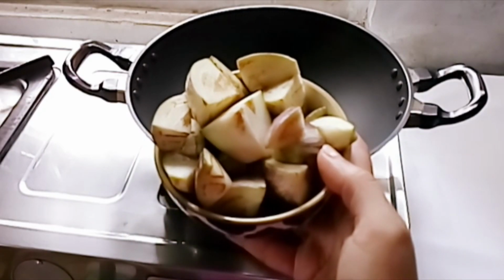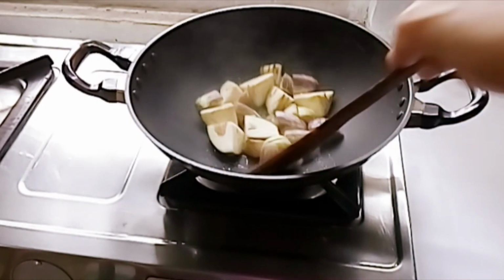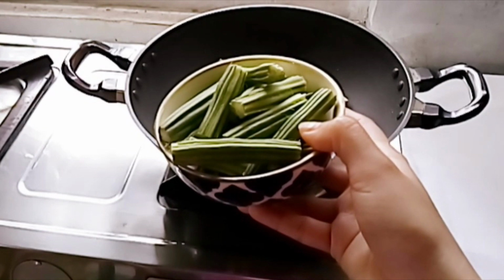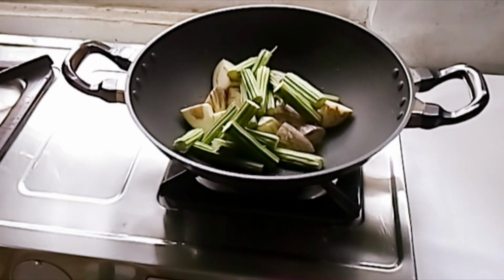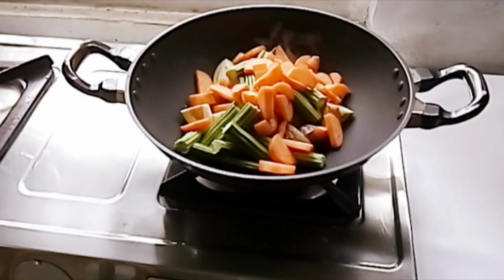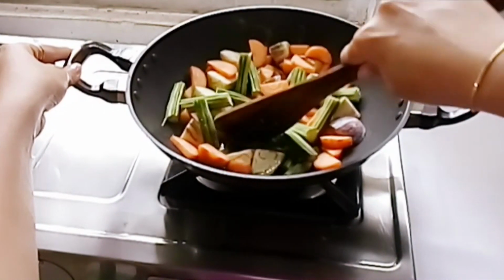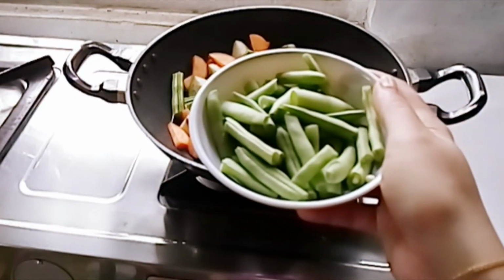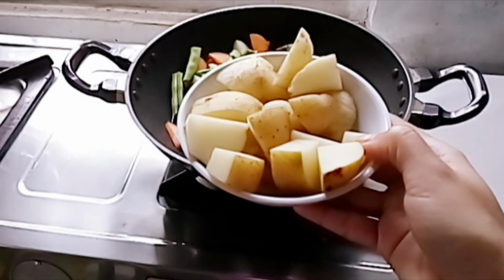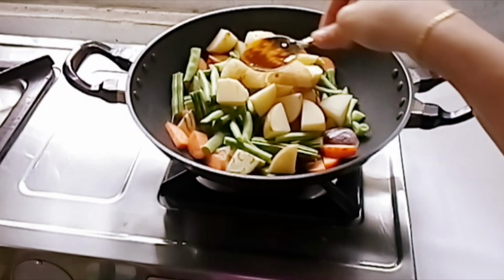In a fry pan, pour 3 tablespoons of vegetable oil. Wait for it to get hot. Add 4 diced brinjal, 1 drumstick cut into 2-inch pieces, 1 carrot, 4 beans, 2 cubed potatoes, 1/4 teaspoon turmeric powder,